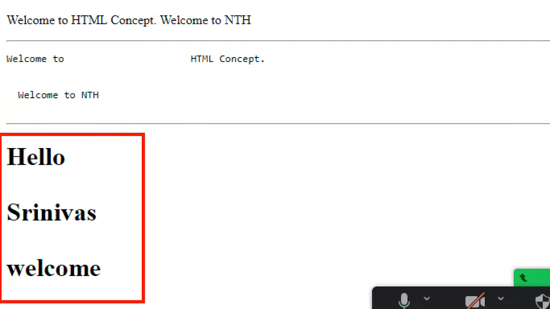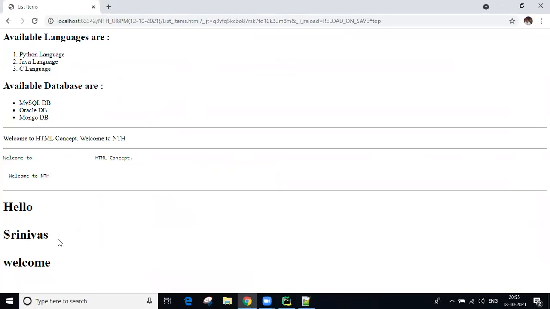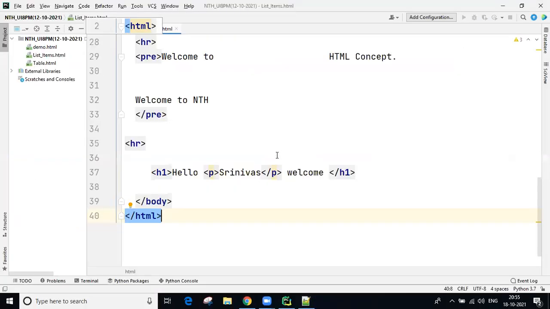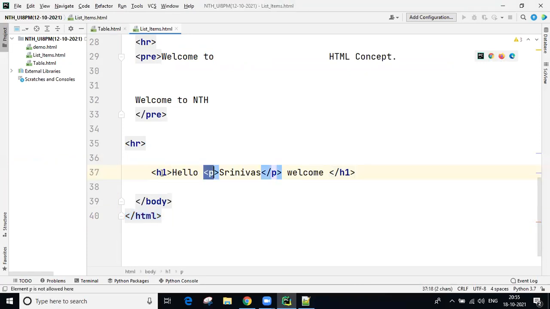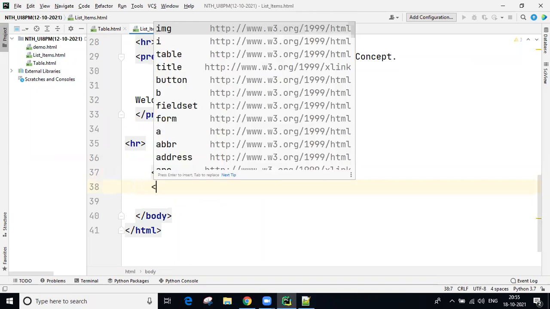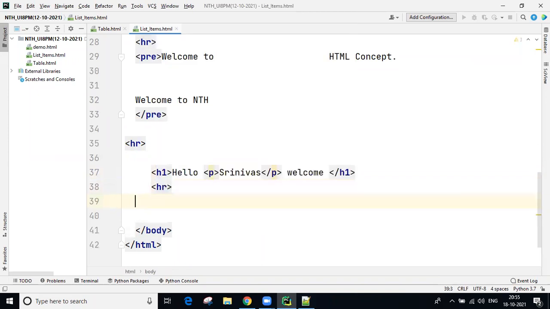Okay? But right now this is a paragraph tag, but this paragraph is available inside H1, so that effect applied. But here our intention is to see whether multiple lines are coming or not, which we discussed. Next, one more HR I'm taking for separation.